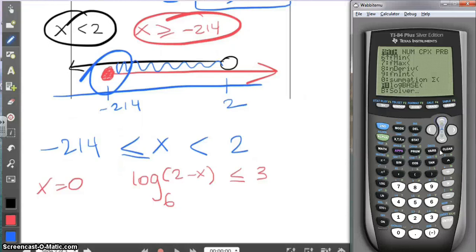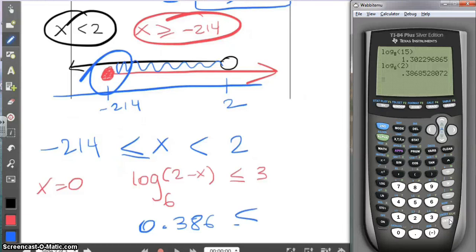Math, go up twice to log base, and on the base we have a 6, and over here we have 2 minus x, and we decided to put the x to be 0, so 2 minus 0 is 2, or you can just put 2 minus 0 if you want. Press enter and it gives you 0.386, so 0.386 is smaller or equal to 3, and yes, that's true. So your answer is